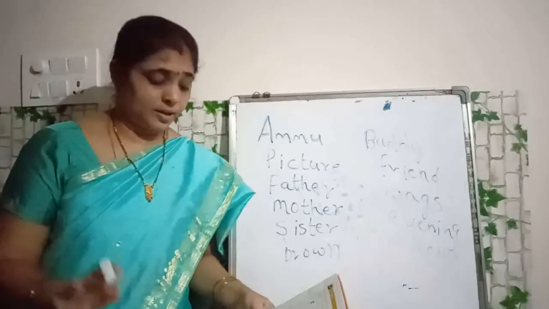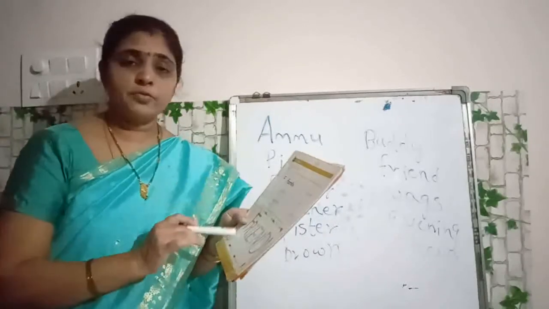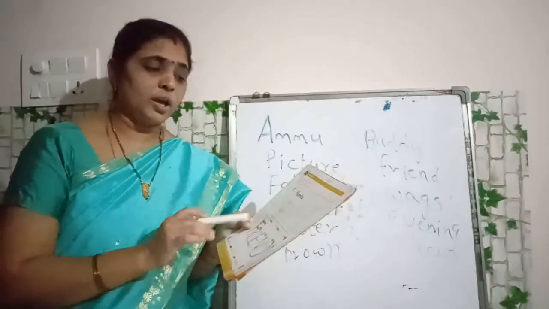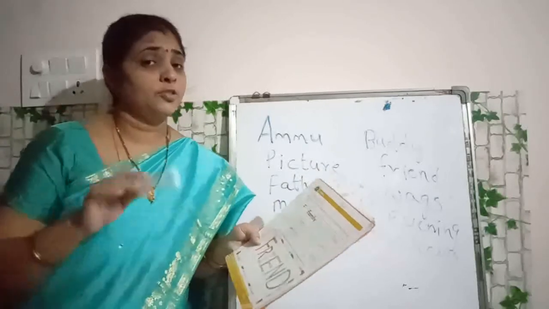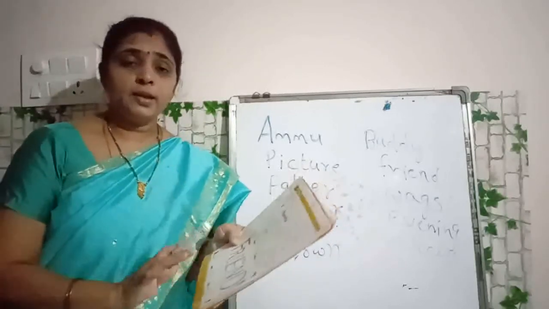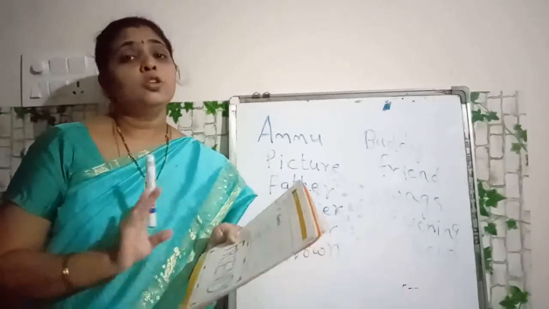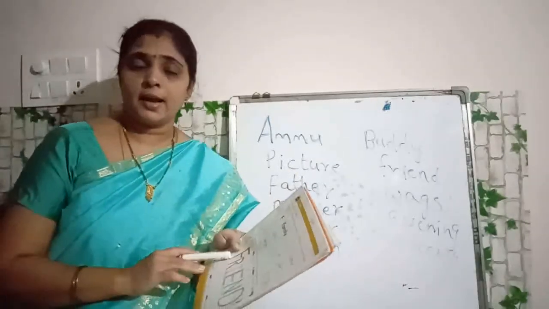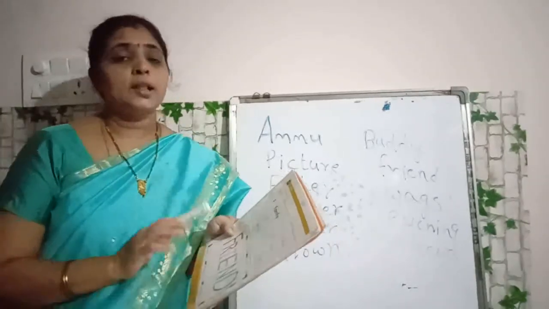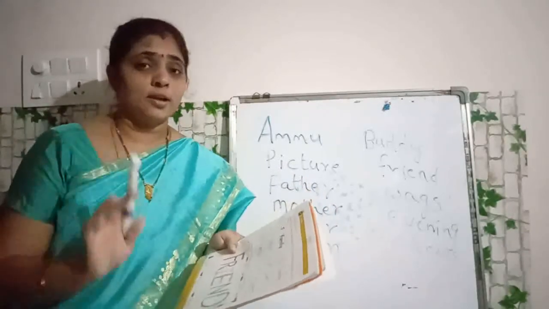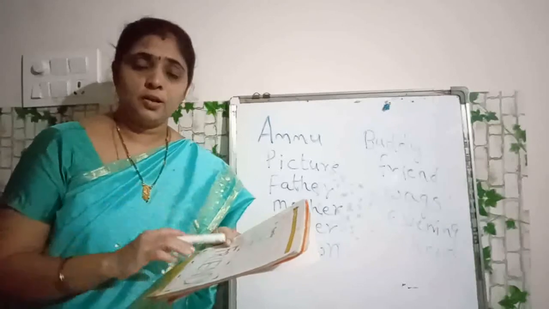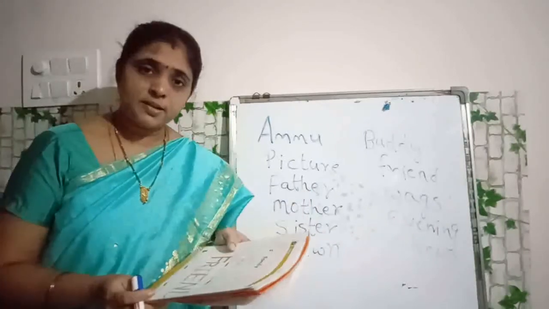Children, your homework is to write one of the words, maybe home, maybe family, maybe friend, anything, and color it. Then you have to read all the new words I told you to underline. It's for dictation, that too in your workbook. You should not see and write. Afterwards I will tell you the next lesson. Okay, children, is it clear?